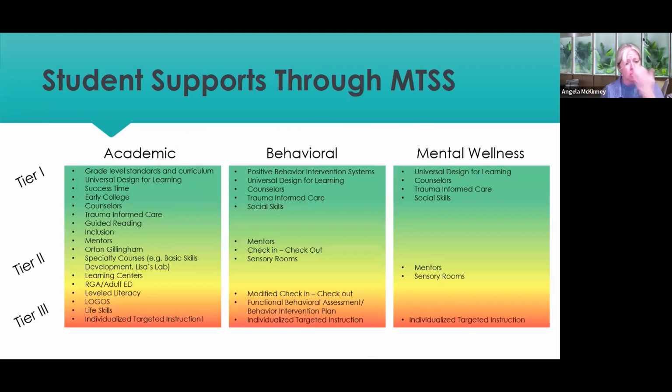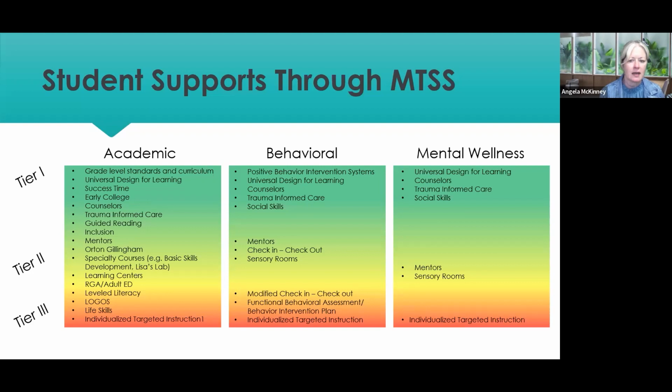So if we start looking at what we are doing and we think, you know what, I'm gonna look through this list, but if I find something that the data is not showing us that it's doing any good, let's scratch this off the list and either replace it with something better, or maybe just sometimes shrink that menu, right? Shrink down that Cheesecake Factory menu to something that's a little more manageable.